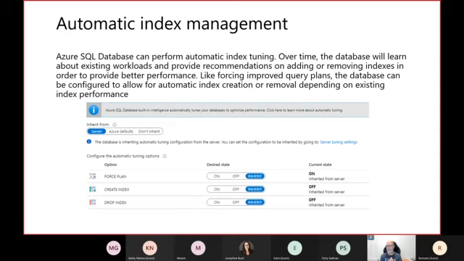It will create that index for you, so you don't have to worry about it. And eventually, if that index is no longer needed, it could drop it automatically, right? So this is quite interesting.